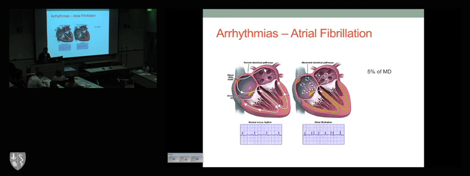So what happens here is that the problem lies more in the chambers on the top of the heart. The muscle that sits at the top of the heart stops being able to conduct electricity efficiently. Normally electricity just flows very smoothly down from the top to the bottom. But here the problem is that the muscle itself that's trying to move that electricity forward isn't able to. And the electrical activity at the top of the heart becomes very chaotic and very rapid. And so that really drives the bottom of the heart to beat very, very quickly.